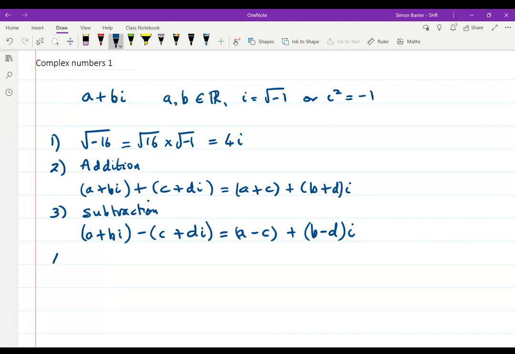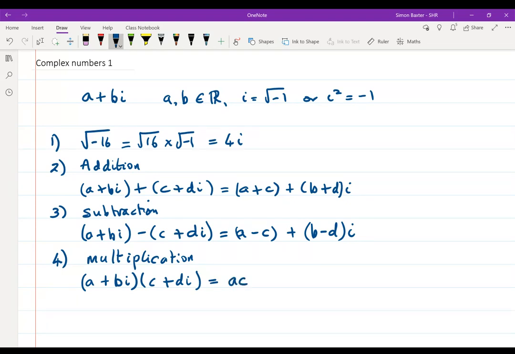Let's have a look at multiplication. Let's make up a rule for multiplication, which is very like our ordinary rules. a plus bi multiplied by c plus di. Well, how would you multiply a plus bx and c plus dx? You would do a times c,